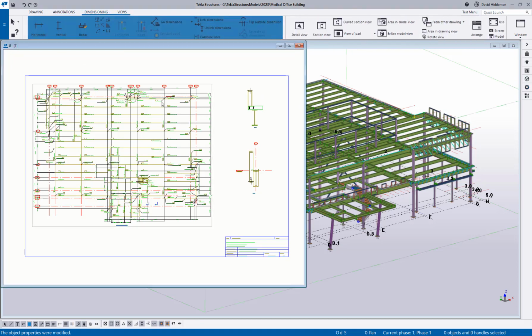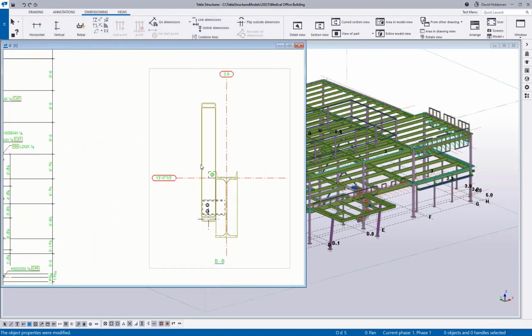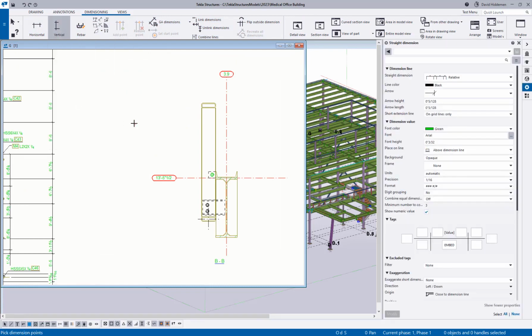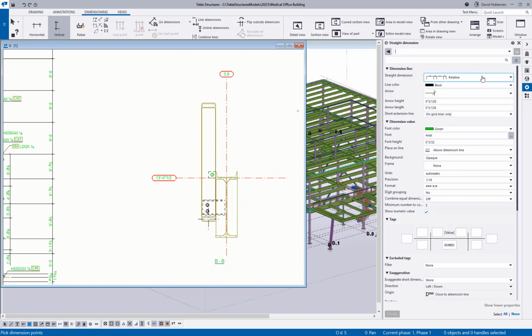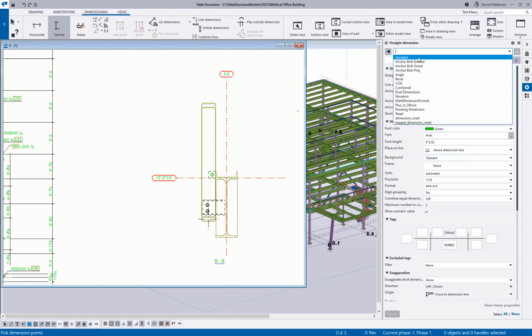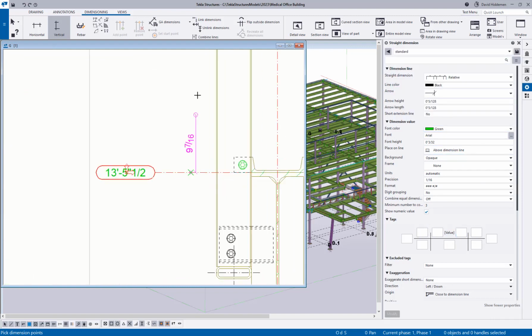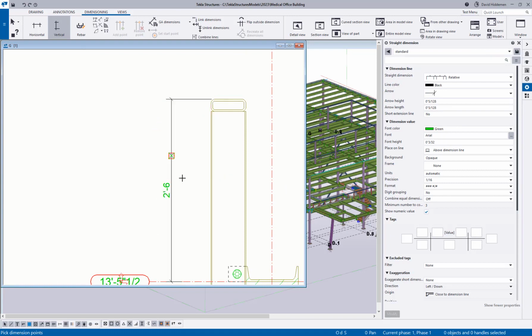So for example, if I wanted to insert a dimension into one of these sections I've got here, I can double click on the dimension button, and there I'm going to see dimension properties. All of your regular dimensioning presets are going to load in here just fine. But you can see this is going to be a relative dimension. I can see what kind of marks I want to have. So let me just load the standard properties in here and pick 2 points and go ahead and make that